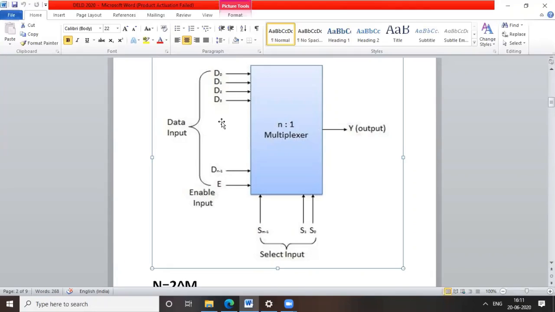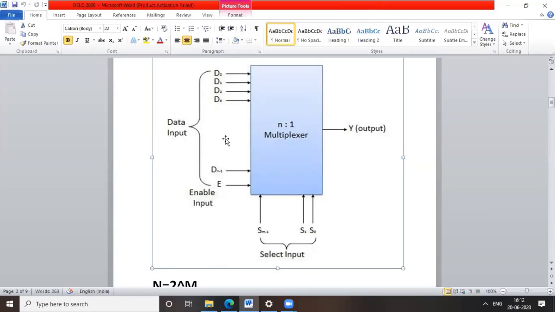So what happens in multiplexer? Only one of the input line is selected at a time. Okay, so either D0 will be selected or D1 will be selected, and data present on that line will be sent to the output line. So here the question is that how to select this input line. So in order to select input line in multiplexer, we have selector line. So in this multiplexer, m number of selector lines are shown. Okay, so there are n input line and m selector lines. So what these selector lines are doing? So these selector lines, they are going to select one of the input line.